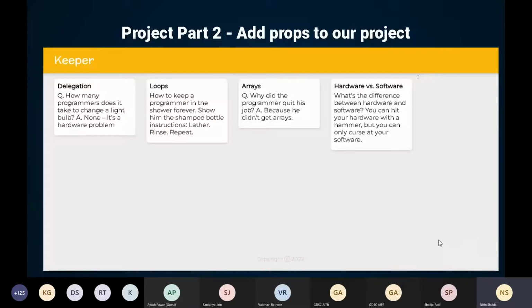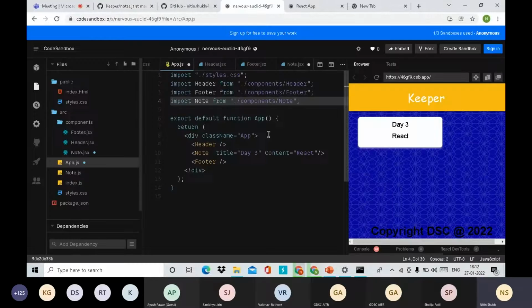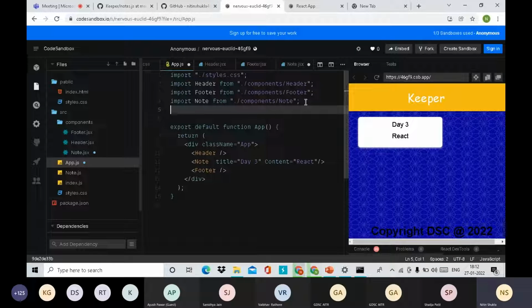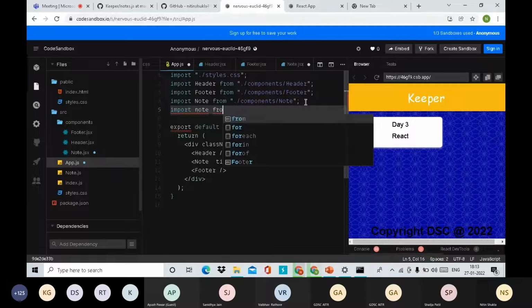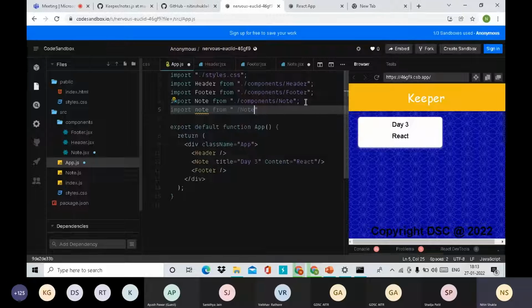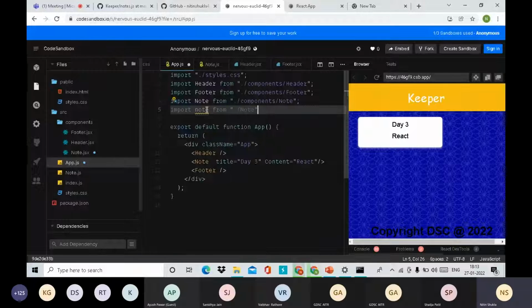So yeah, we need something this kind of thing, so we will look into our project, okay. So here we need to import something like import node from node.js, ठीक है। हम इस वाली फाइल, जो ये वाली फाइल है हमारी, इससे हम इंपोर्ट कर रहे हैं, ठीक है। एंड इधर से हम इंपोर्ट कर रहे हैं एज ए नोट फॉर्म में, ठीक है। ये नोट्स आ रहे हैं, नोट्स को हम इंपोर्ट कर रहे हैं इधर से।